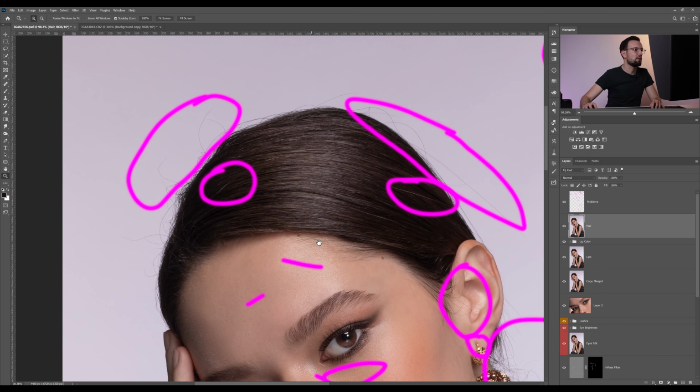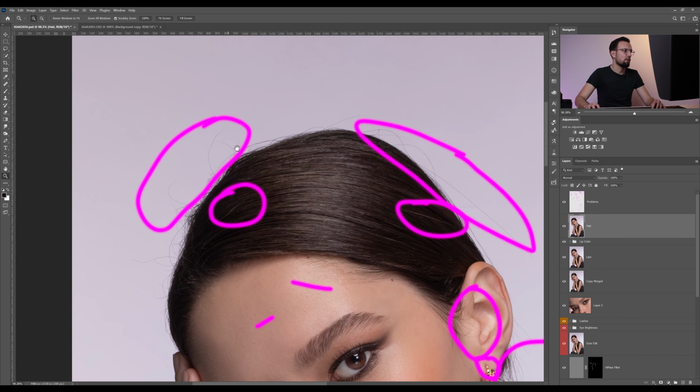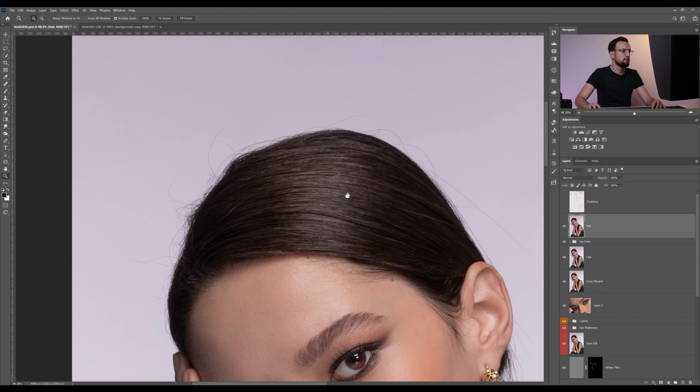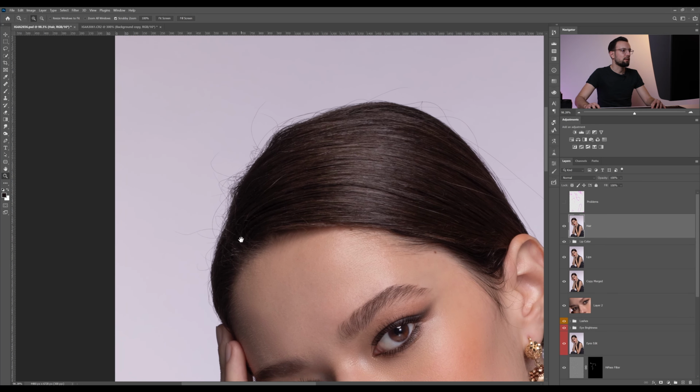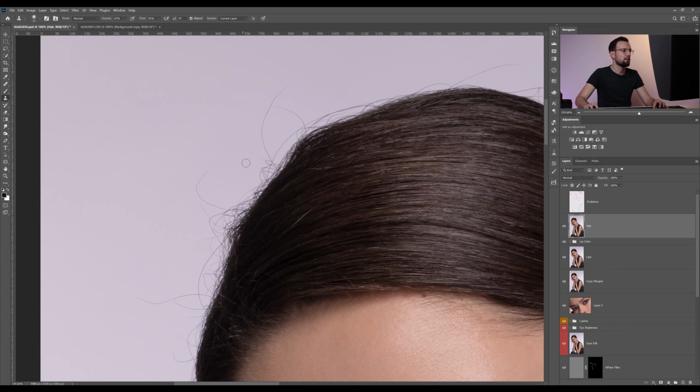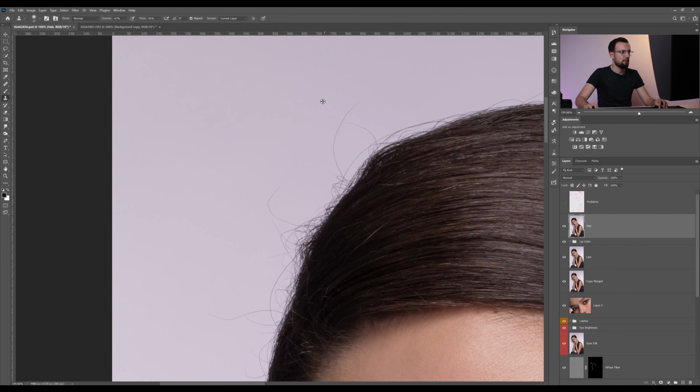And now it's time to tackle some hairs. In this image, what I want is to remove some hairs that are protruding into our background. And for this, it's a very easy task. We go again and choose the clone stamp tool, zoom, get a sample,